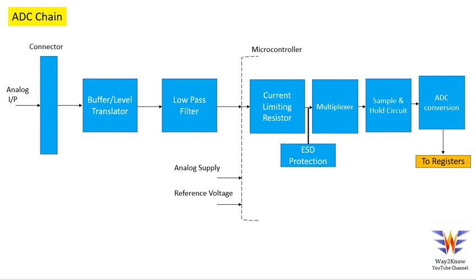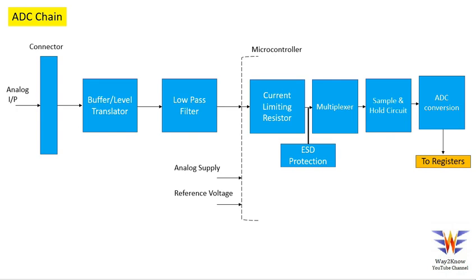And then it will be given to a conversion stage which basically outputs the converted value to a register, and we will be reading this register to see the digital value of the analog input that is provided to this ADC. So a long circuitry indeed, which starts from the sensor and ends with a register.